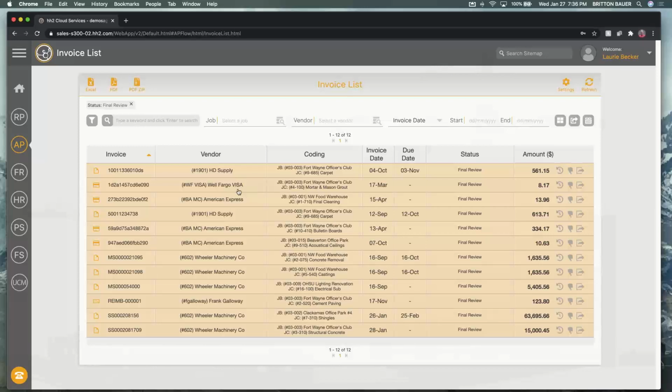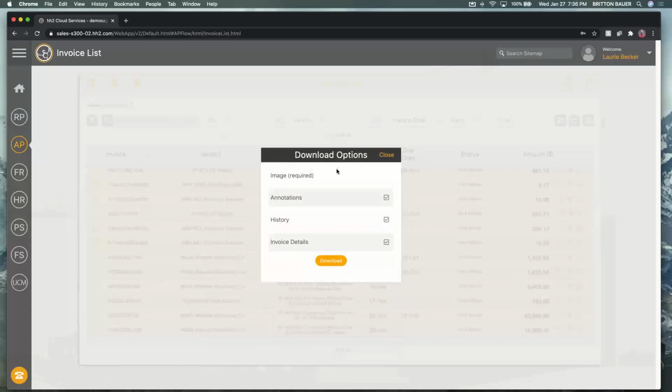A lot of companies also want to be able to consume that out of HH2, and we have some neat tools for that as well. So the final thing I wanted to share in regards to consuming some data after the fact is, let's say I wanted to pull up all the invoices that applied to a certain job for a certain date range. I could add those filters, select the invoices, and I'm just going to keep the same one selected for right now. And I'm going to click on this little PDF button here at the top, and it's going to grab